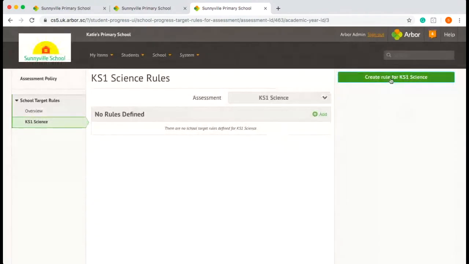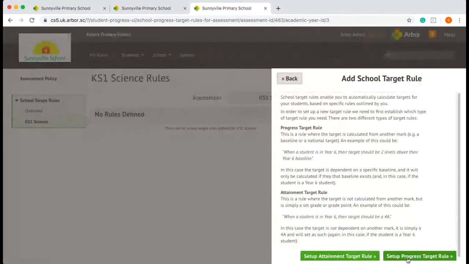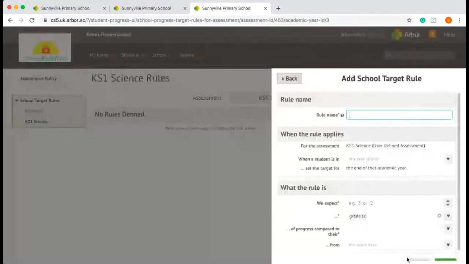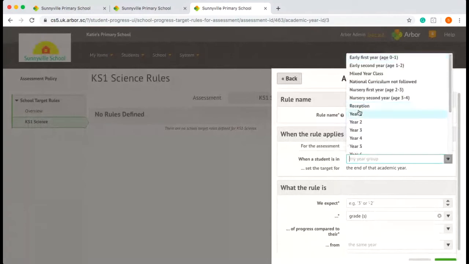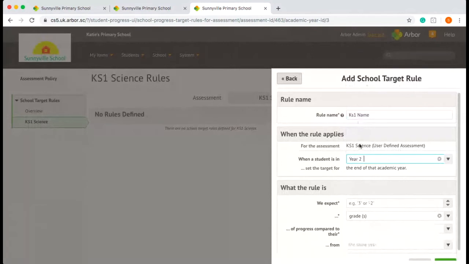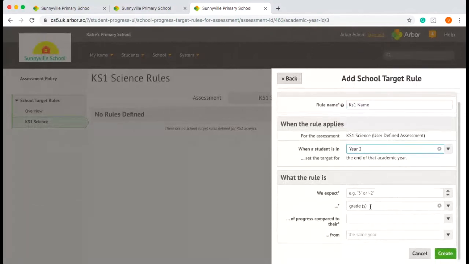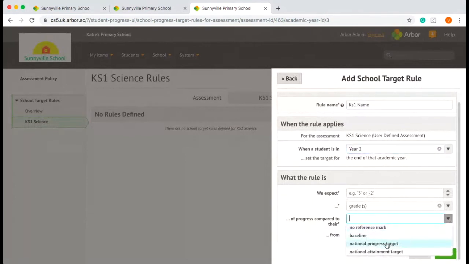Again, we'll select Create rule for Key Stage 1 Science, but this time we're going to set up a progress target rule. Again, you can give the rule a name. And then we're going to say when a student is in, so again, we'll select Year 2 this time. It's asking you what you want to expect, so at the end of Year 2, compared to their baseline,